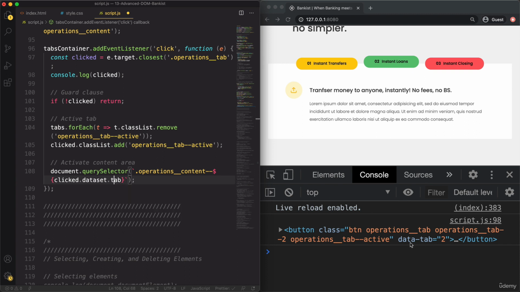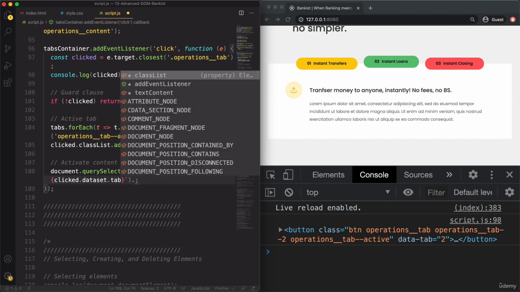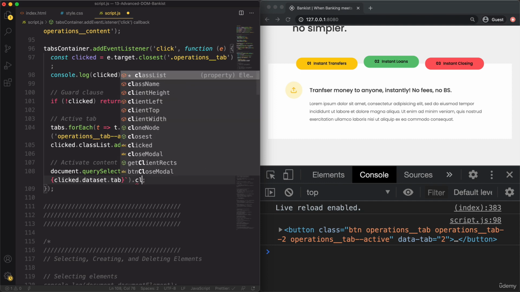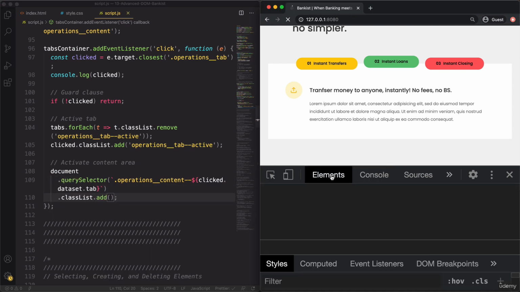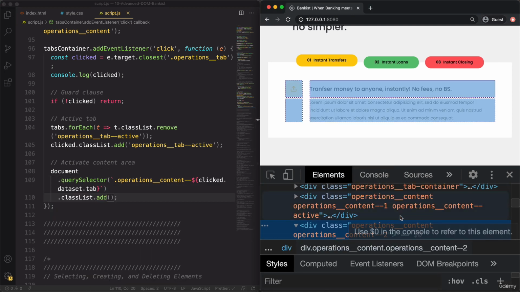That's only the part after the data, remember? So it's just tab. In this case, it's going to be 2. And so we already have that selected, and then we want to add a special class to it. So that's classList.add